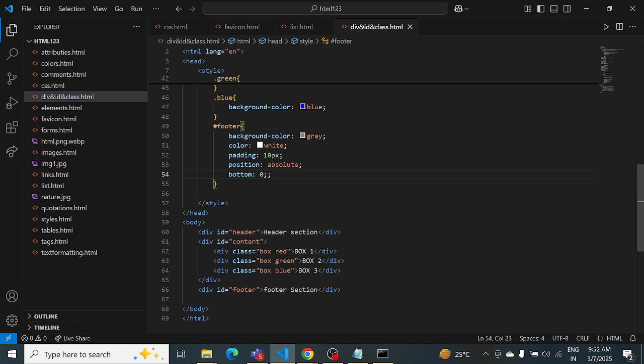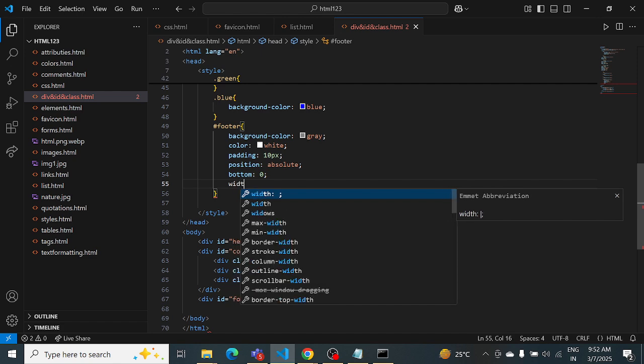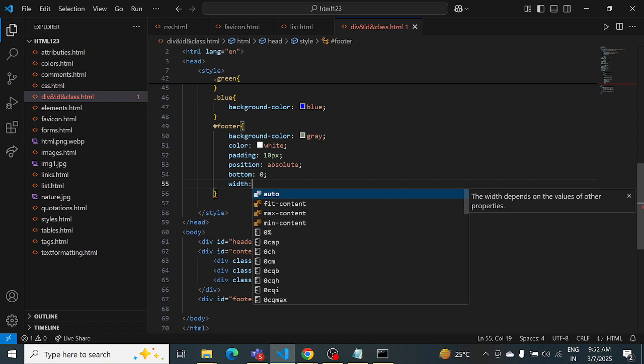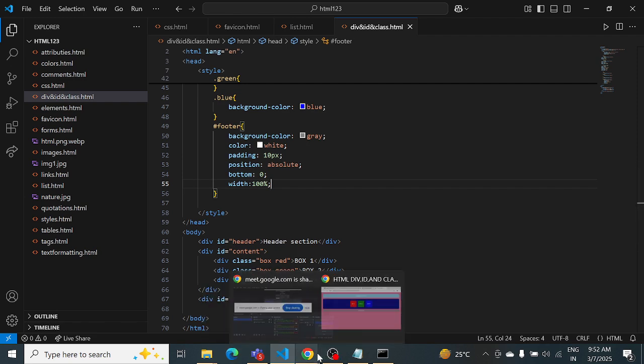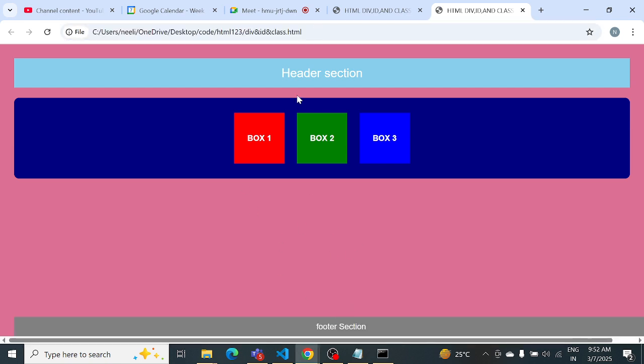So it is 0 I'm taking, and width also I'm taking 100. So width is not that much, right? 100, I'm taking in percentage. Okay, the footer is the